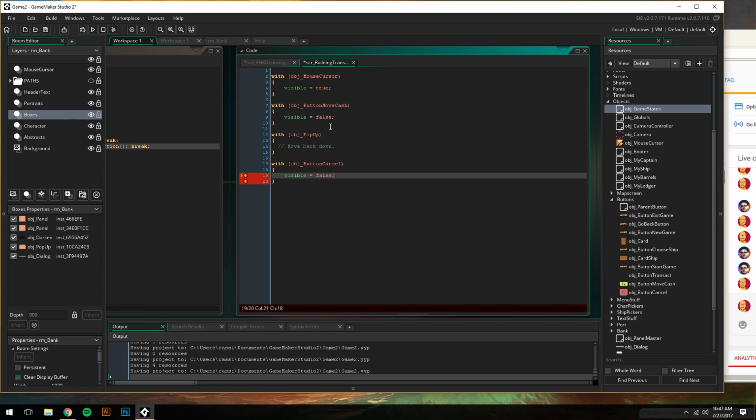So visible equals false. I suddenly realized that visibility alone might actually not be good, because you can have a button be invisible, but if you click on it, it still does something. So we'll need to turn something else off as well, or at the minimum,